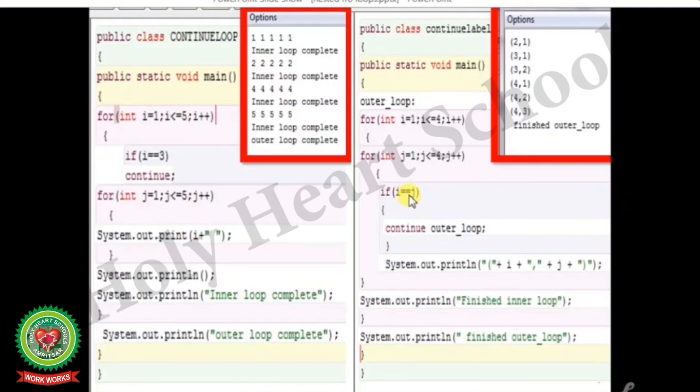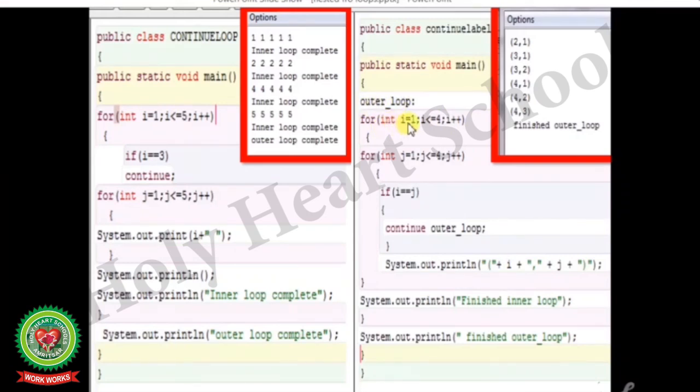So 3 is equal to 2, the condition is false, and System.out.println, the value will be printed, 3, 2. Now the value of j will be updated, that is 3. Now again the condition is true, 3 is equal to 3. Condition true, then again the cursor will move to the label, that is outer loop.